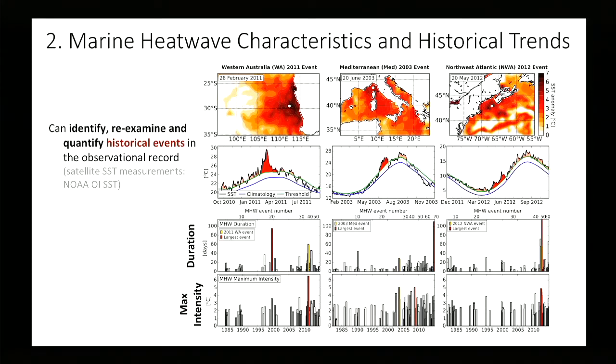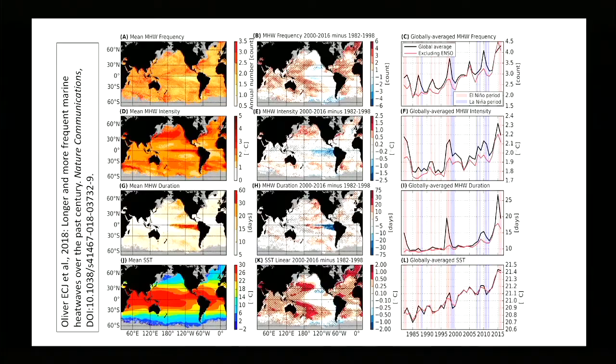And you can see those events, and you can stare at these pictures and think about them in terms of past history and how long they last, what their maximum intensity was, and so on, across any point over your domain that you might like to choose, or otherwise you can average over particular domains and try and characterise it over broad areas. In some other work that came out of that group, we basically generated an understanding of the time history of marine heat waves in terms of trends.